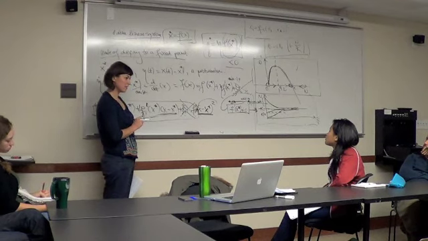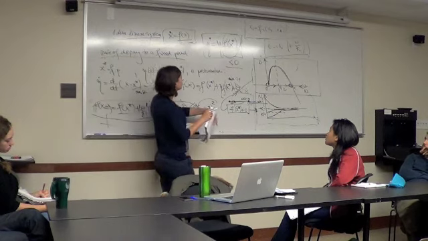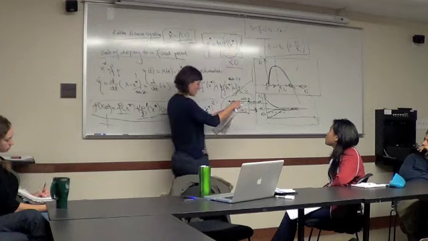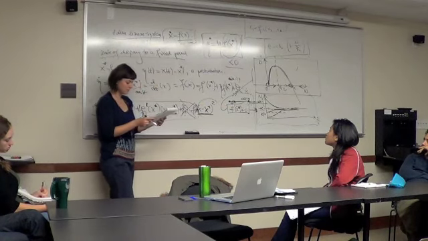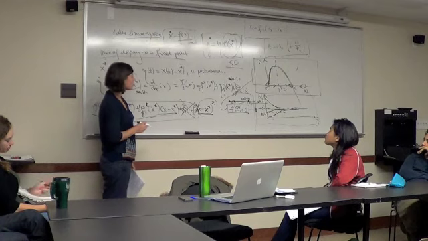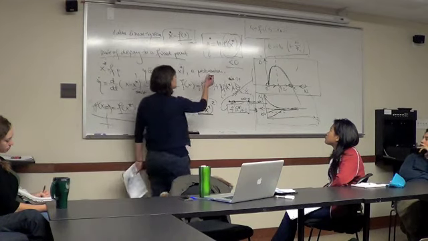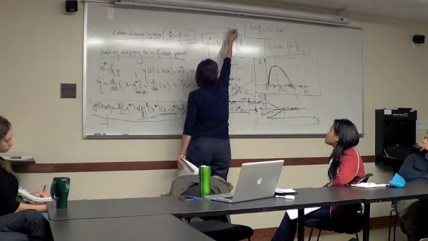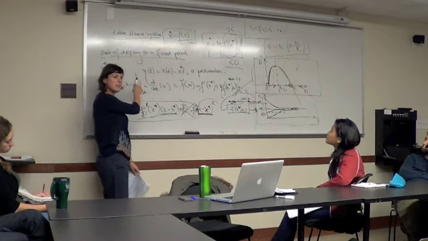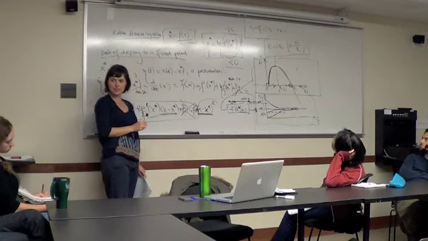What happens to eta over time if we assume this is smaller than 0? It decays, right? It grows smaller. It goes to 0. What happens if we assume that this term is larger than 0? It goes to infinity. This is exactly one of the functions we saw last time.